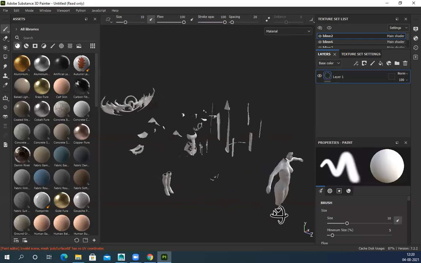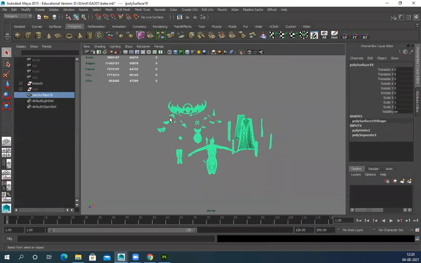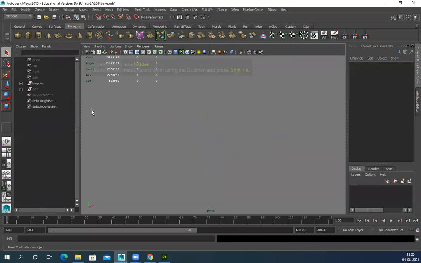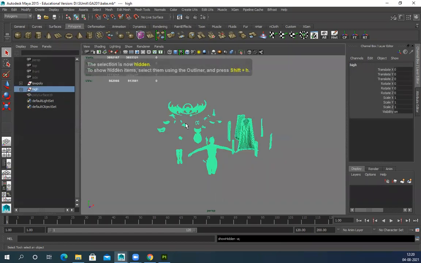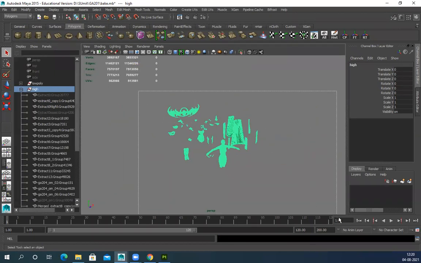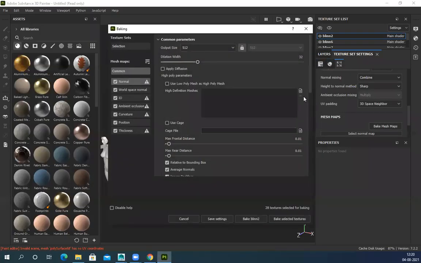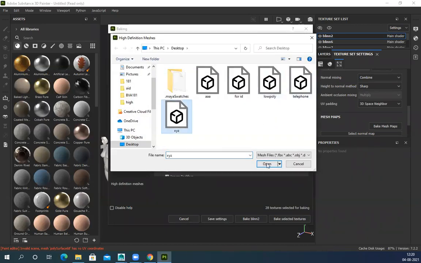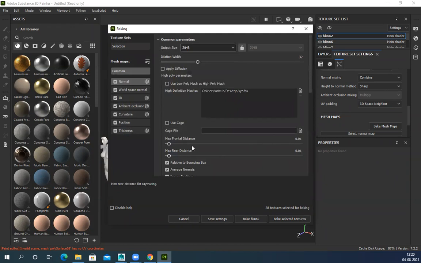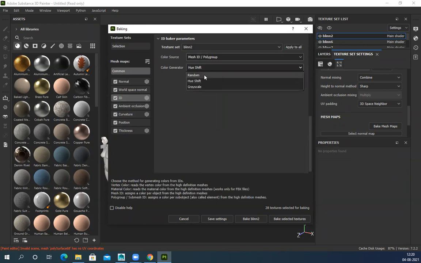Yeah. So you can see everything imported here. Now I'll go to my mode and hide this, unhide low poly, unhide high poly, say all of them. It's already exported, right? It should work. So now I'll go to bake this thing, bake, select the XYZ file. Let's use 2K and ID map, same thing, random color.